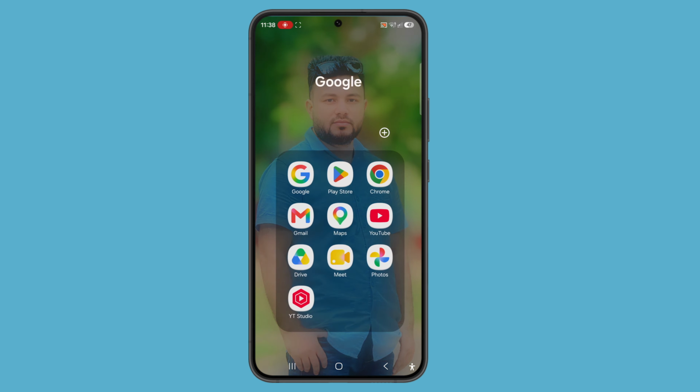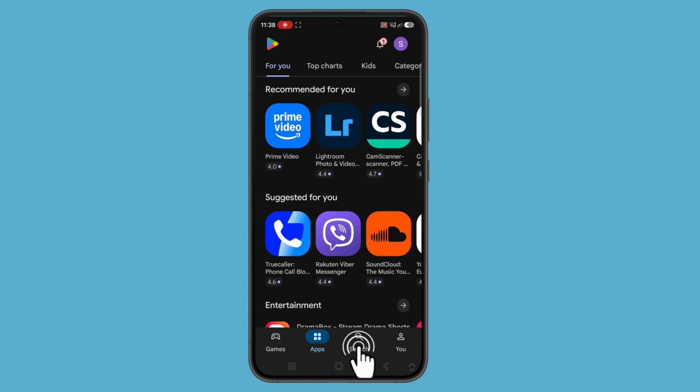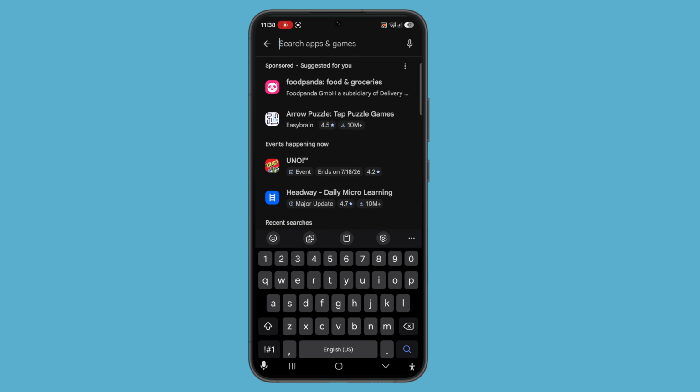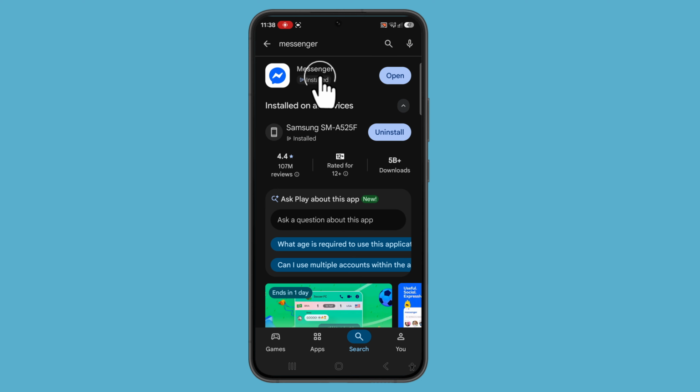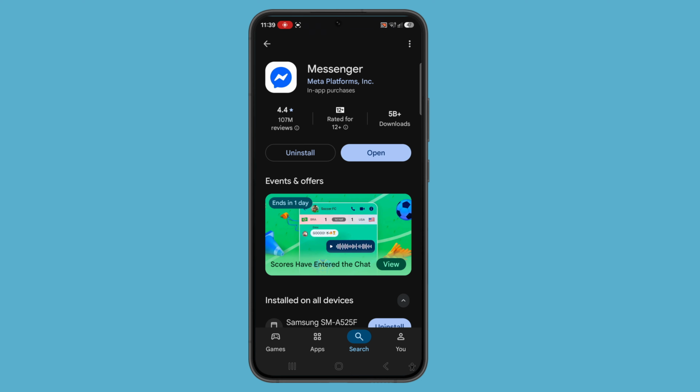After that, go to your Play Store. Tap on search. Search for Messenger. Tap on it. Update your Messenger. If it's available, tap on open it